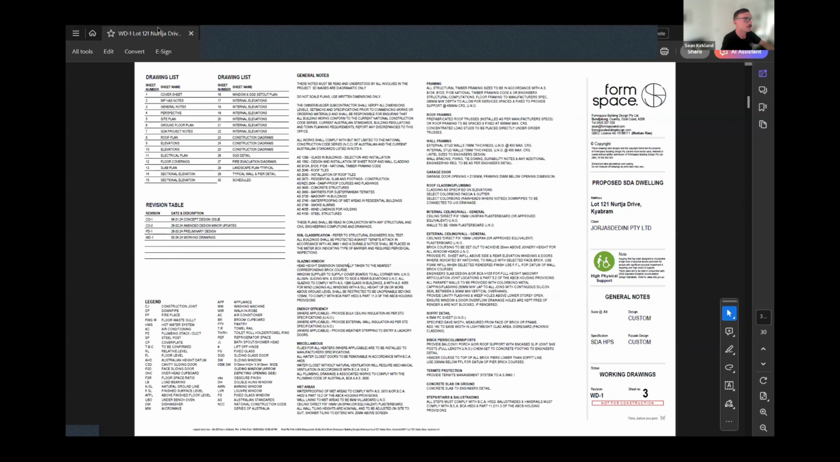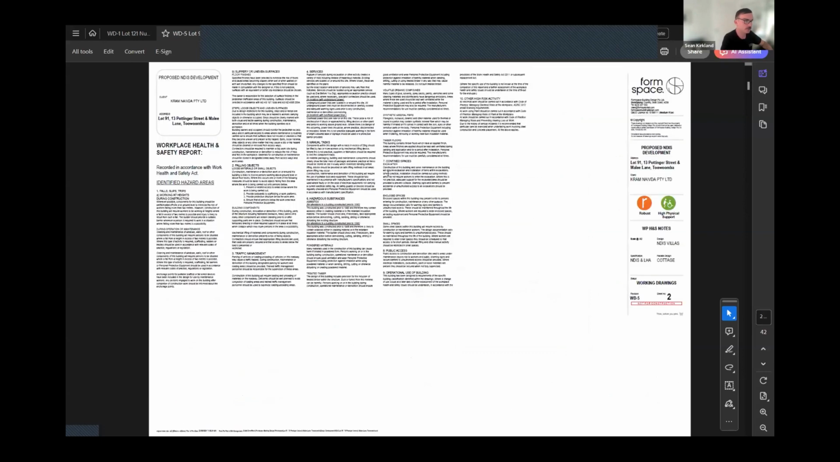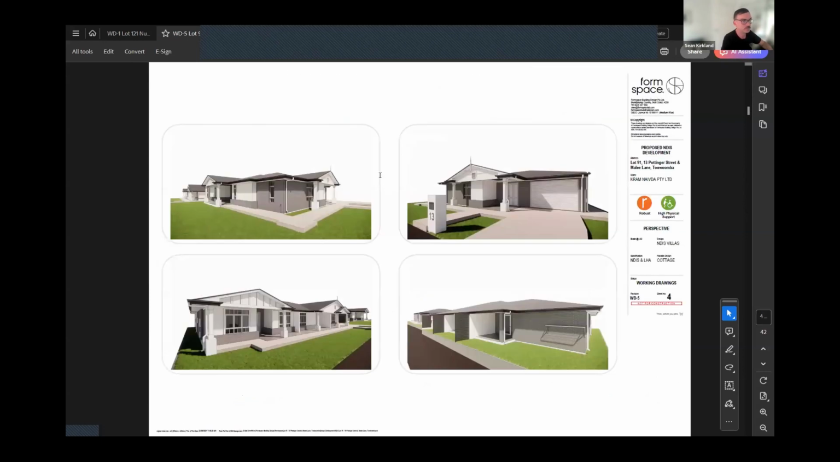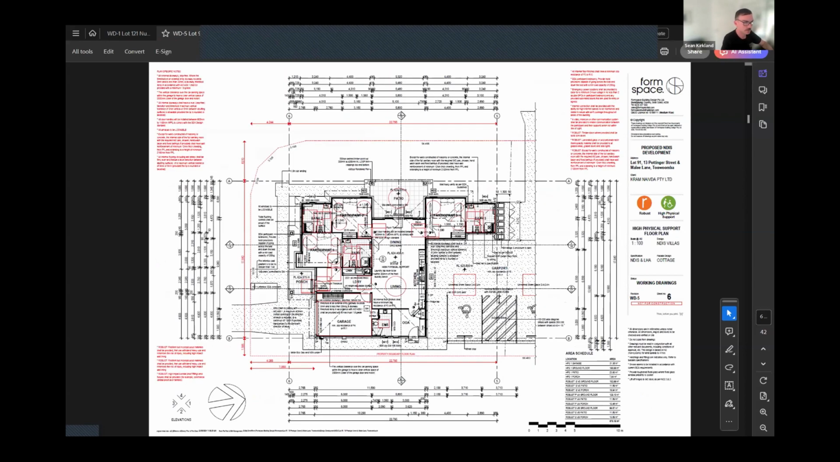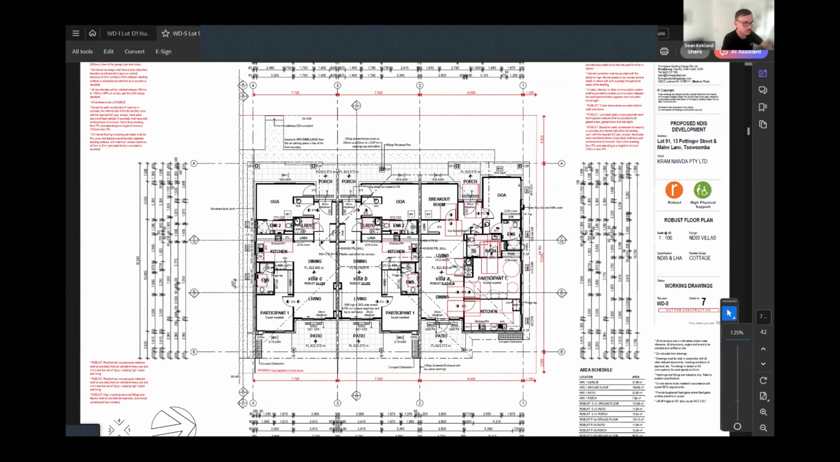I'll just see if I can show some other examples. This other example is a robust and high physical support dwelling in Toowoomba, and it's a combination of a high physical support villa as well as a robust villa on the back end of the site. At the time of the design, the robust villa had a platinum design and silver design, which circles back to sill level